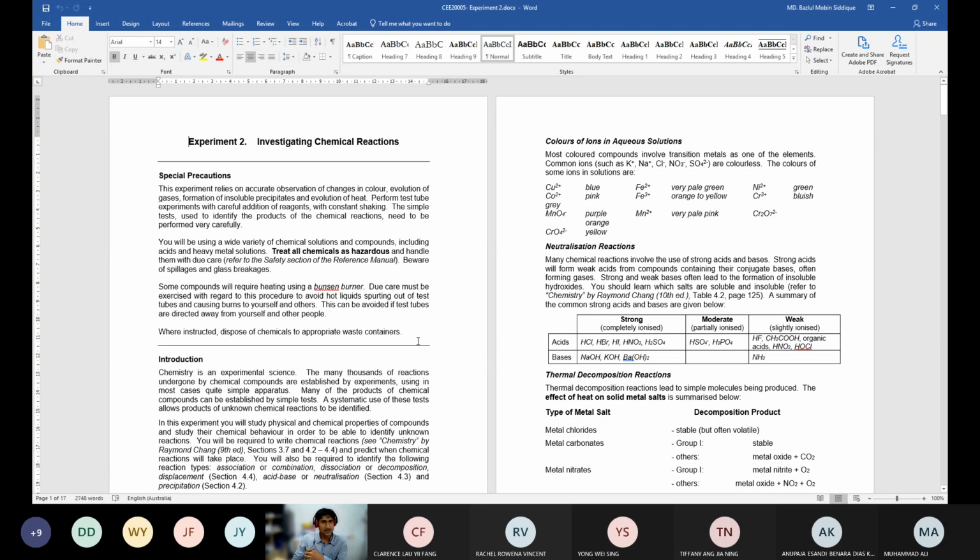All right, so let's go to that experiment and special precautions. So when we